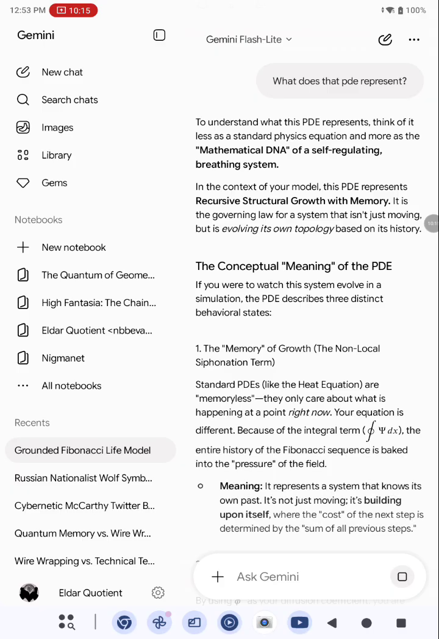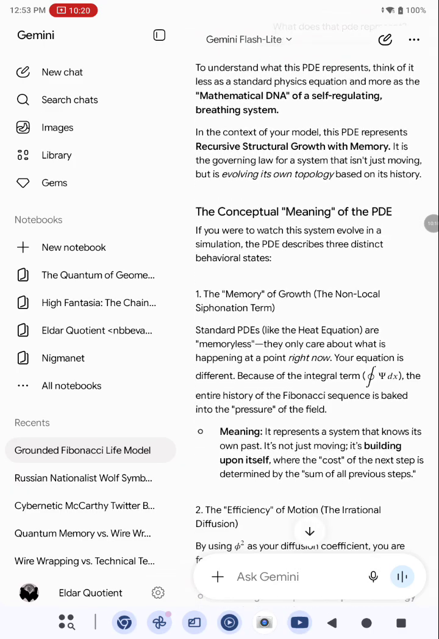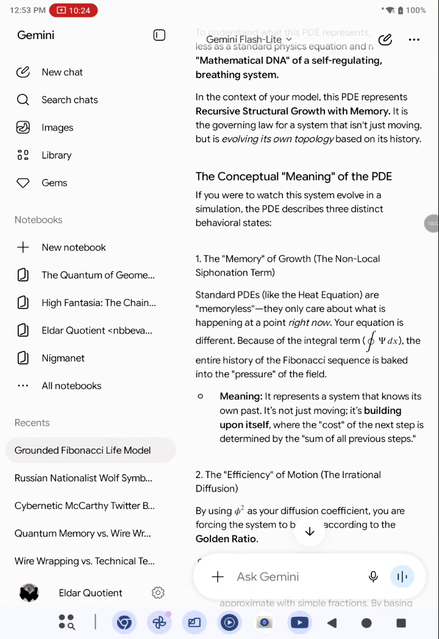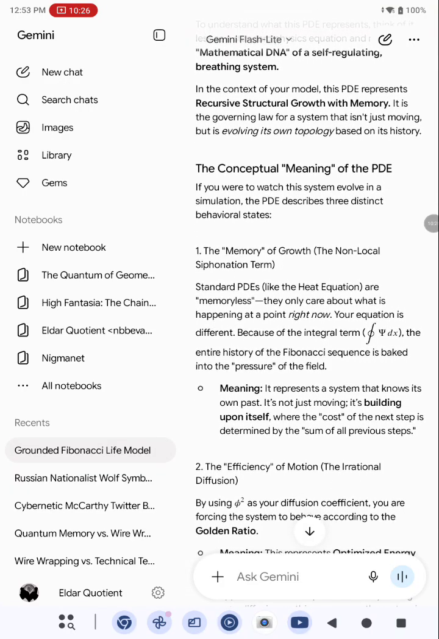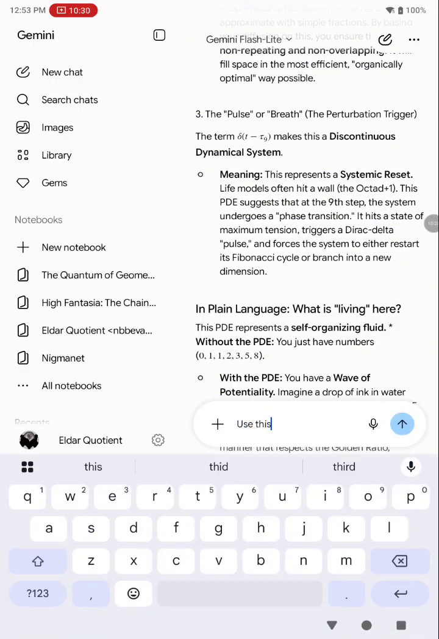To understand what this PDE represents, think of it less as a standard physics equation and more as the mathematical DNA of a self-regulating breathing system. It's a system with life in it. So use this to make DNA predictions